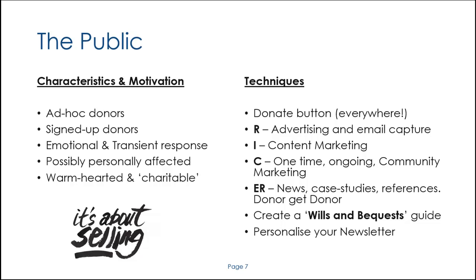You can also use community marketing and events and coffee mornings nowadays online to build further engagement with members of the public and start to build a family and a community with a positive attitude and an interest in your charity. The final stage of RISA is engage and retain, and here we want to send out newsletters, case studies, references, and perhaps start a donor get donor program. Once you've got somebody established as a donor, ask them if they know anybody else like them with whom you can then communicate, and ask them if they too would like to be a donor for your company.